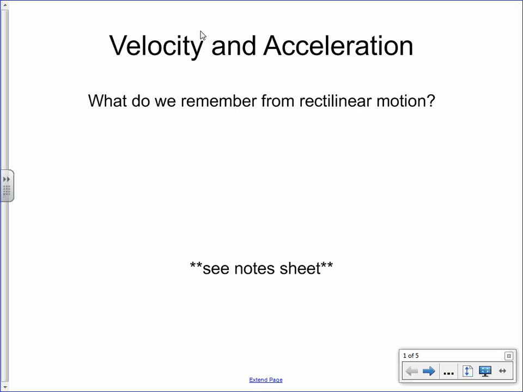The derivative of position is velocity. The derivative of velocity is acceleration. Going backwards, the antiderivative of acceleration is velocity plus C. The antiderivative of velocity is position plus C. Okay, so we are going to apply that to